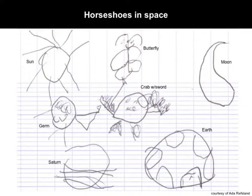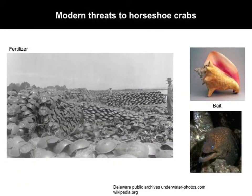There are many modern threats to its survival, as you might imagine, with a lot of animals. So very early on, before synthetic fertilizers, they used to grind up tons of horseshoe crabs and use them as fertilizer. It's a very, very good fertilizer. They also feed poultry with it. And now, even today, they use it as bait to catch conch and eels. It's a very good bait to catch these